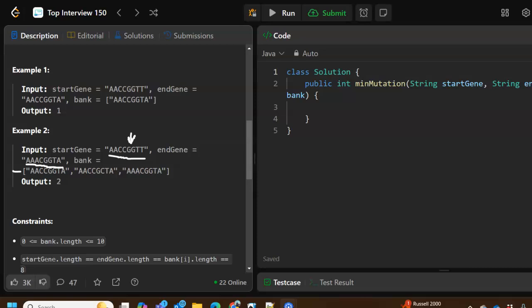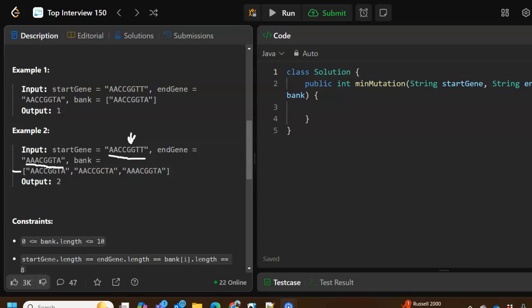No, that doesn't work. What if I change it to a G? That doesn't work. What if I change it to a T? That doesn't work. Then you go to the second letter. Eventually you'll get to the last letter, and you'll see that if I change this T to an A, that'll work. I'm not sure that's as efficient as trying to compare it a string at a time, but anyway,